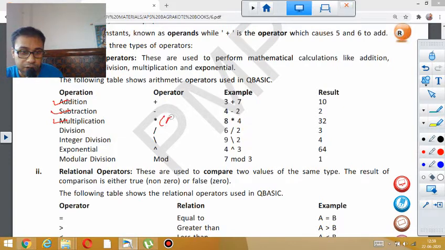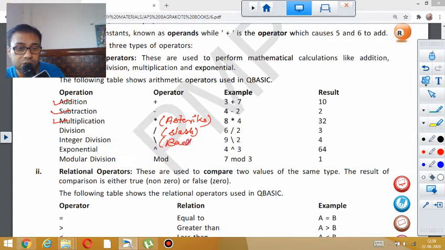Multiplication, this sign is called asterisk, the sign that we use for multiplication. Division is done by the slash symbol, 6 by 2, giving the quotient. For integer division we use backslash, the reverse slash.